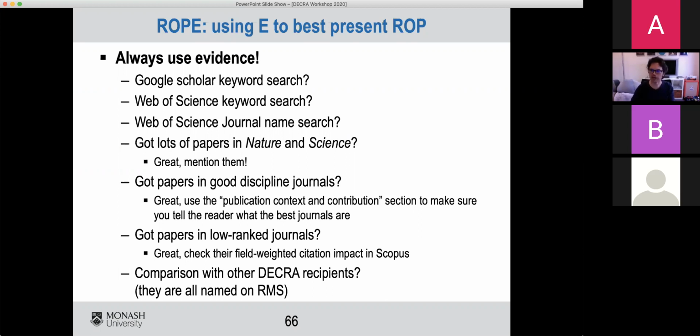So that's another way that if you're using those particular sets of journals, because they're the appropriate ones for you, you can say that you're doing better than the set that you are compared to. And you could do a comparison with other DECRA recipients. So if all of the DECRA recipients are named on RMS, you could work out how you sit relative to a relevant comparative set.